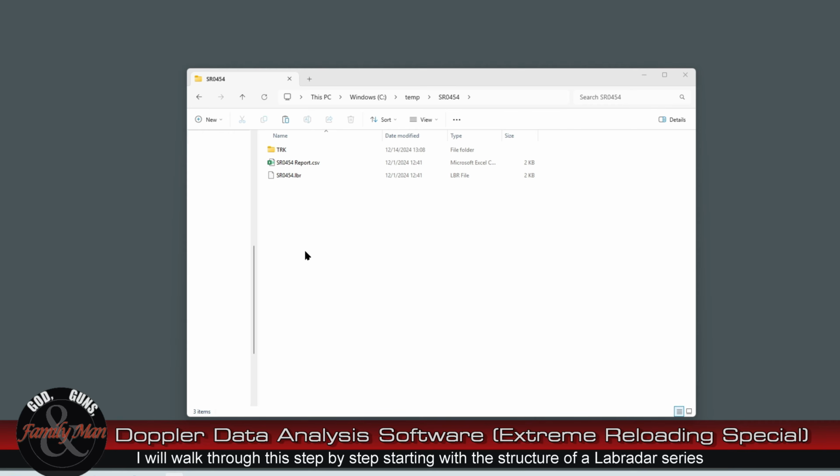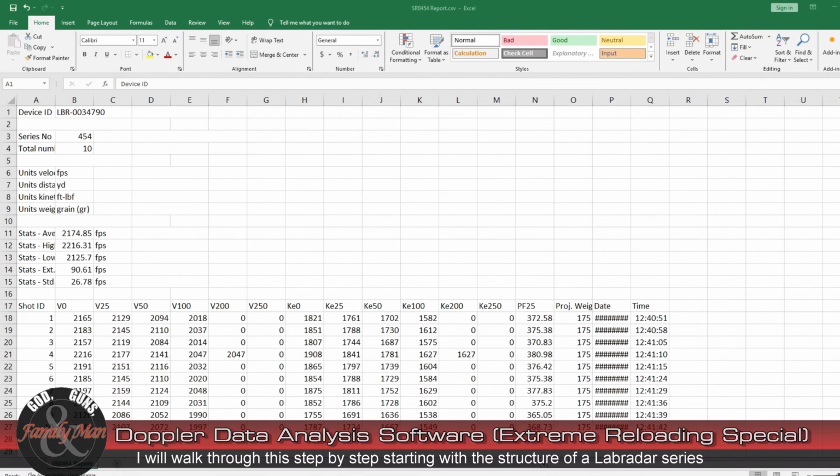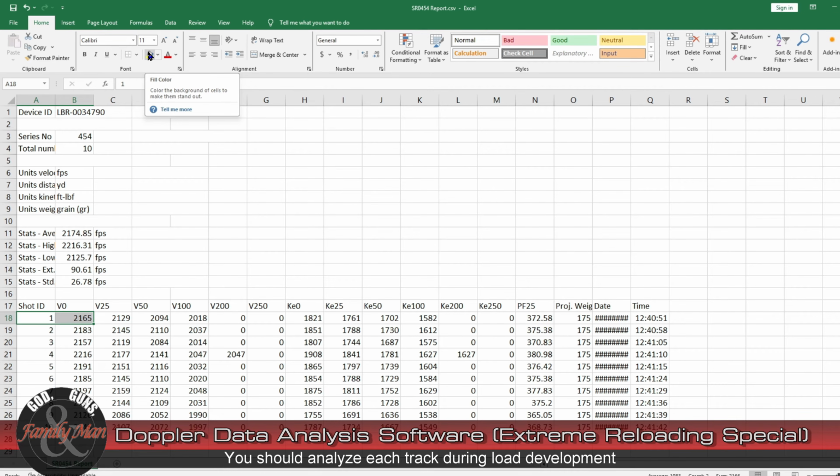If you're accustomed to looking at a Labradar record folder, this is what they always look like. We have a report file here generated by the Labradar, and we need to make note of the velocity of each of these individual bullets. So shot number 1 had a velocity of